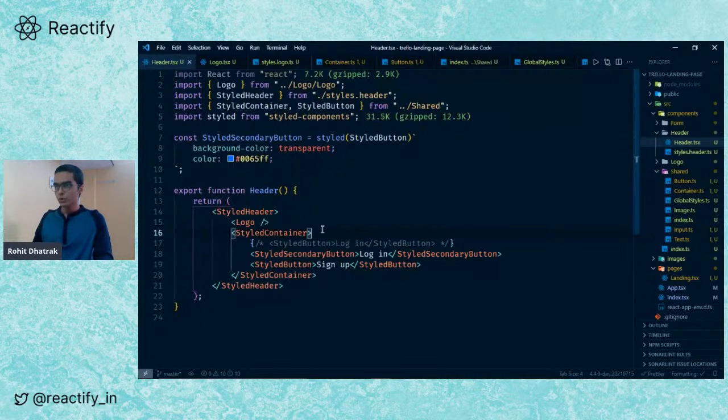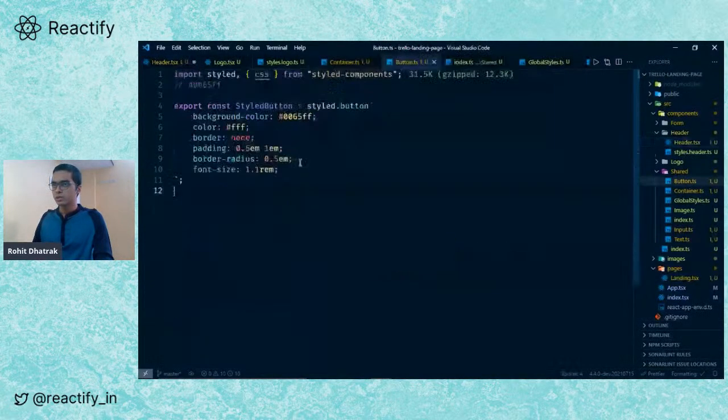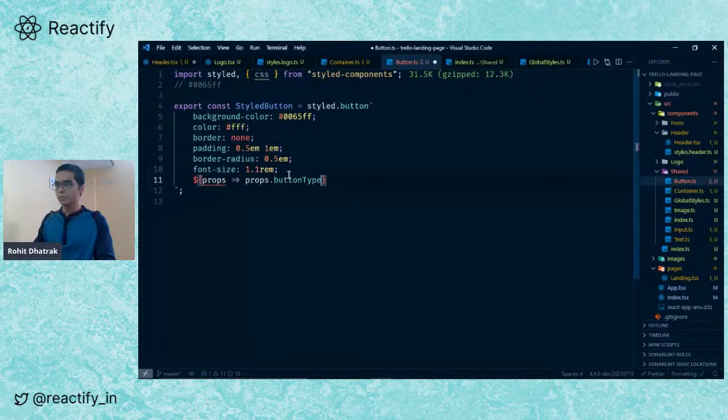So what we can do is, let's comment this out. Let's go to styled button. Here we can use props, and based on the props you can check the button type. So if the button type is secondary,